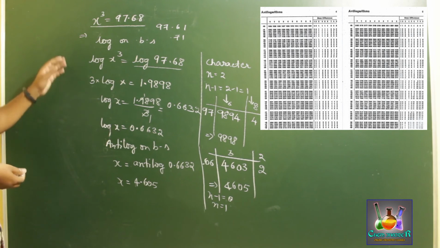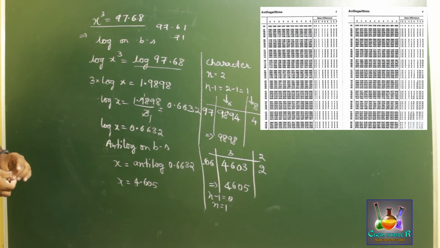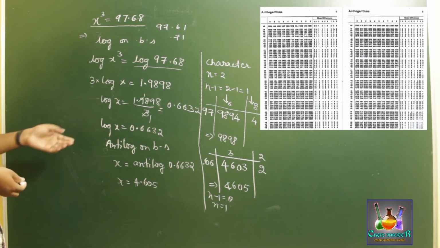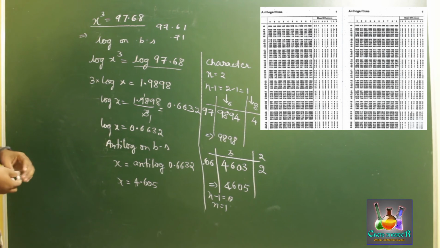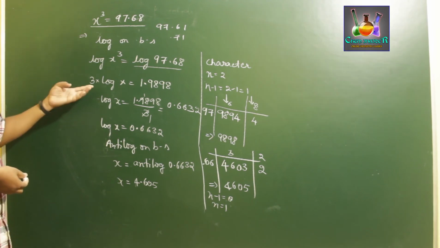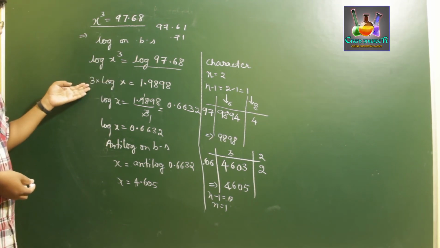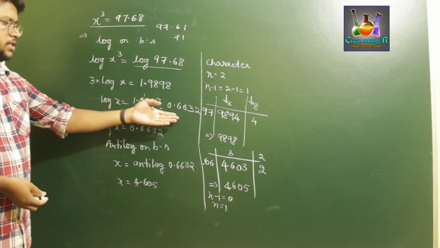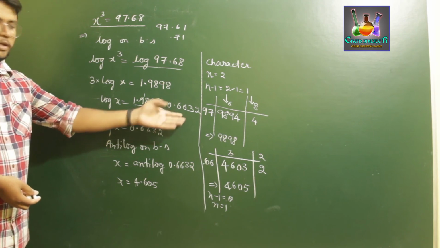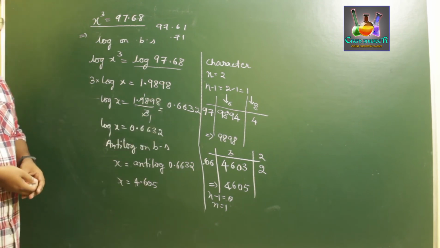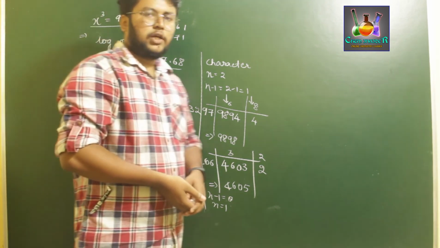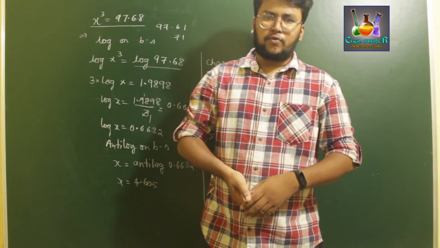So this is how we use logarithmic and anti-logarithmic tables in order to find cube roots or fourth roots. If instead of 3 you take x to the power 4, you get 4 over here, divide the number by 4, then find the anti-log for that term, and you'll get the answer. This is how we use logarithmic and anti-logarithmic tables for calculating cube roots and fourth roots.